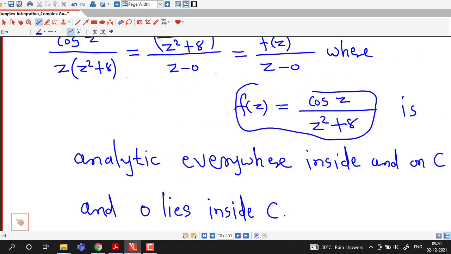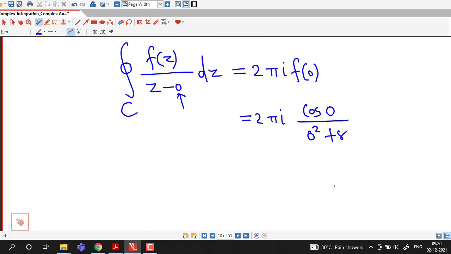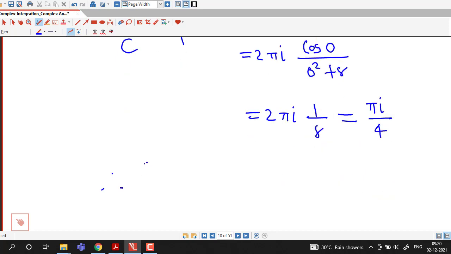So if we put z equal to 0 here, we have cos 0 divided by 0 square plus 8. Cos 0 is 1, and we have 2 pi I times 1 by 8, and this becomes pi I divided